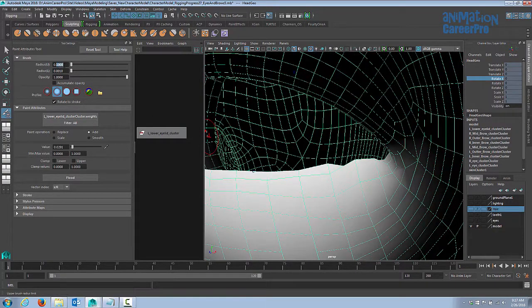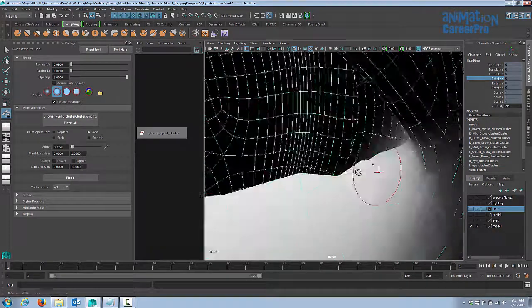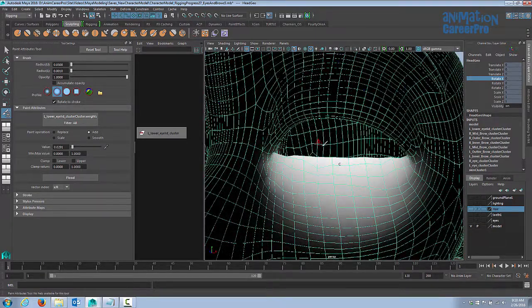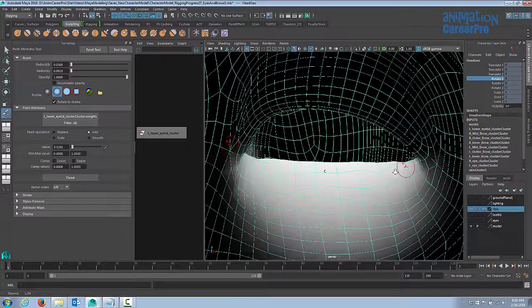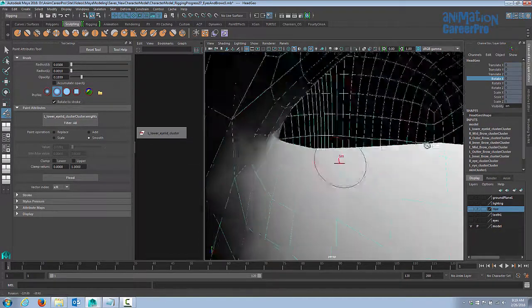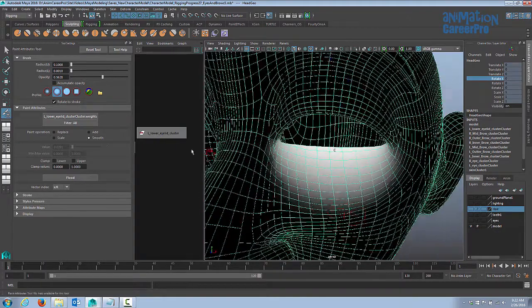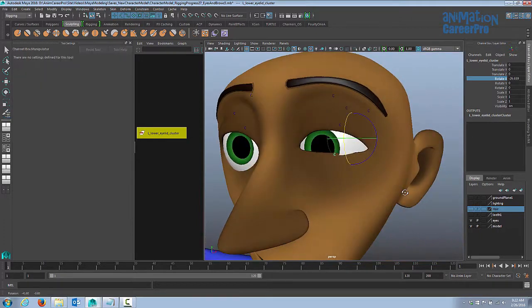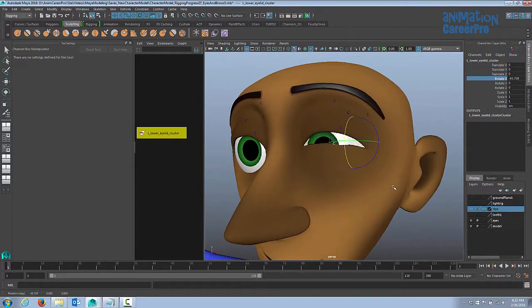Alright, now I'm going to make my brush real small and just sort of pop out some of these vertices here. Okay, now let's just smooth that out. No, I don't want to flood smooth this because it's going to undo some of the painting I did in the corners here, so we're just going to manually smooth that. Let's select the cluster now, and let's rotate it up and down and see how it looks. Alright, so I like how that's closing, and actually that's pretty good.